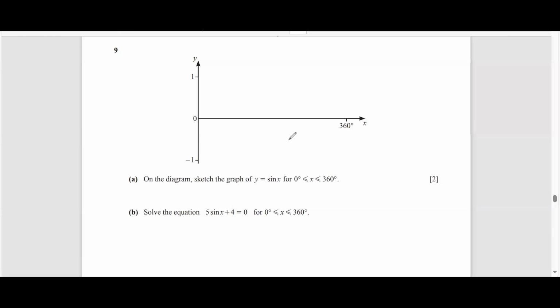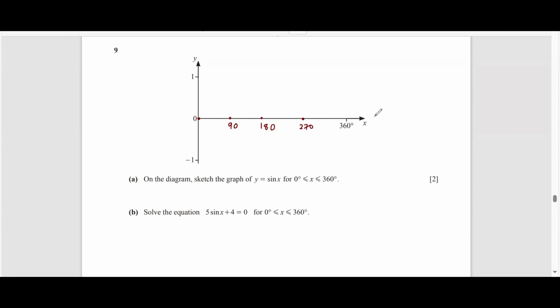On the diagram, sketch the graph of y equals sin x. The interval will always be given. You need to check what the interval is, between 0 and 360 degrees. We know the x-axis will always be in the multiplication table of 90. So let's say 90 is over here, 180,